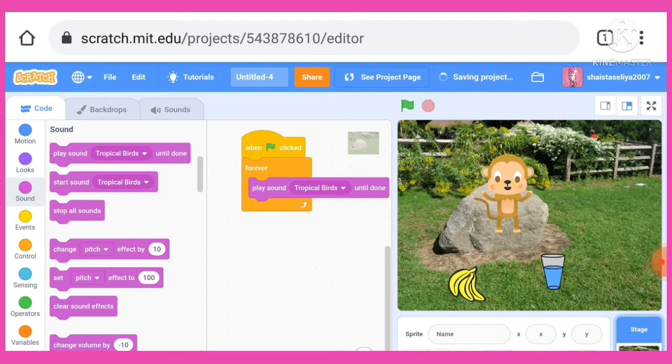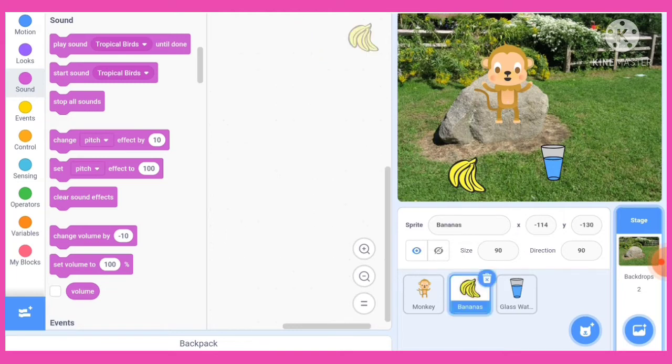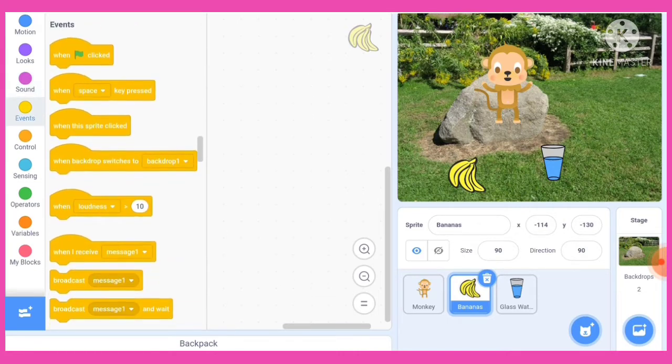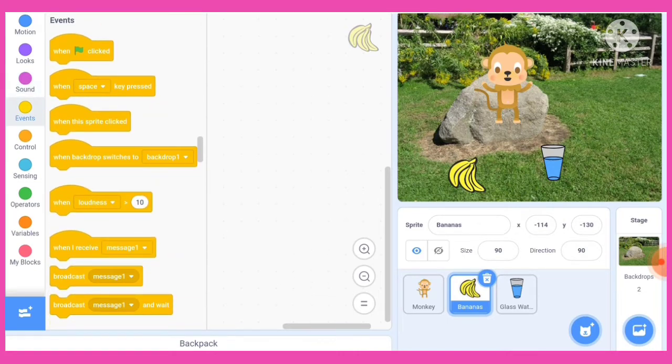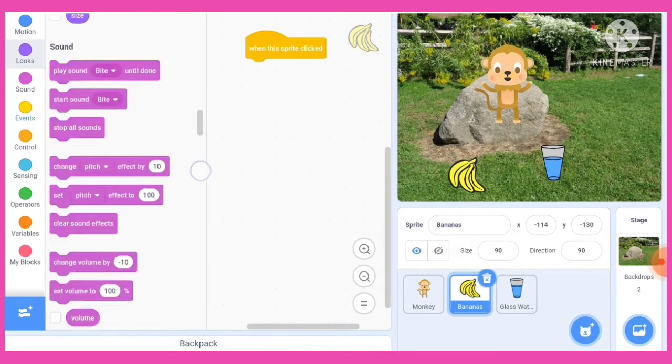Now just save it. And now it's time to put the coding first on the banana, because first the monkey will eat the banana. So that's why we have to do the coding on the banana. So let's take the banana. Now we need to go to the event block, and here we have to take when this sprite clicked, meaning when the banana is clicked. Then from the looks block, it will go to the front layer.